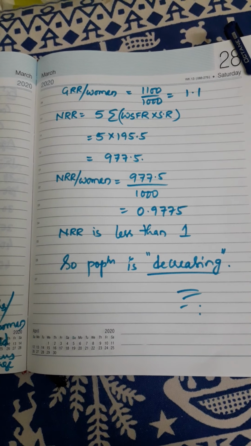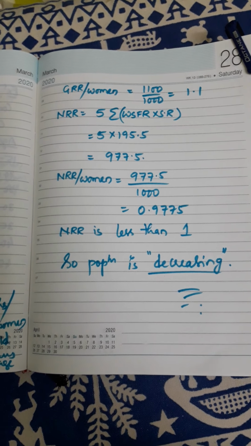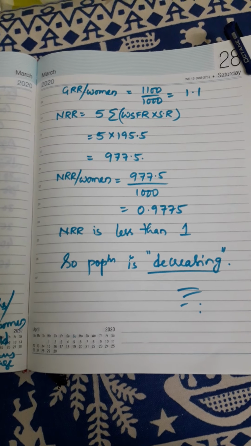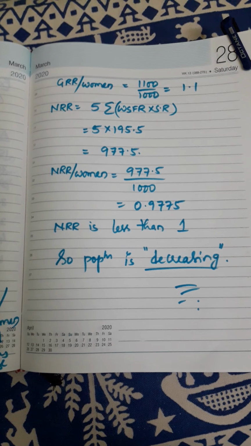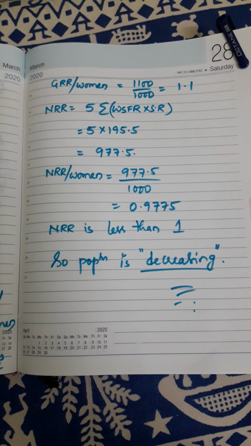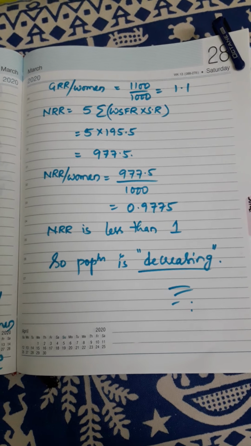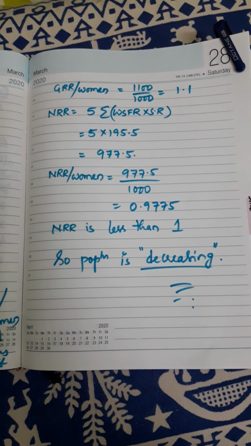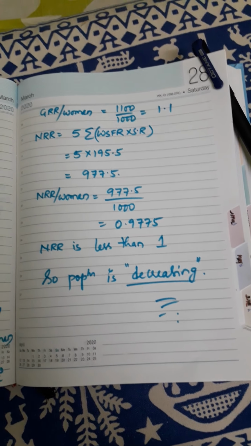Everything is considered. The sex of the newly born baby, yes, female births are considered. Age is considered individually. Childbearing ages 15 to 49 are considered. The quinquennial interval of 5 is considered. The female population is considered. The survival rate of women is considered. So everything is considered. If you compare all the methods, each individual method has one drawback.